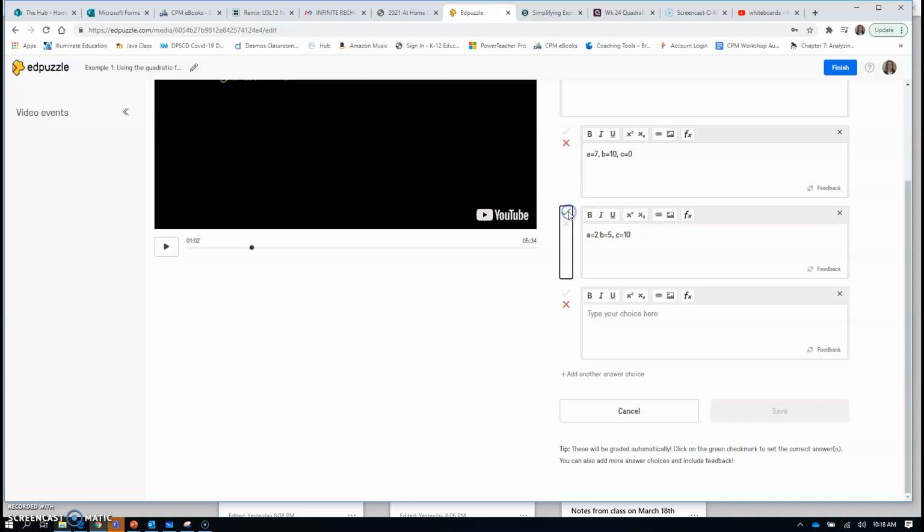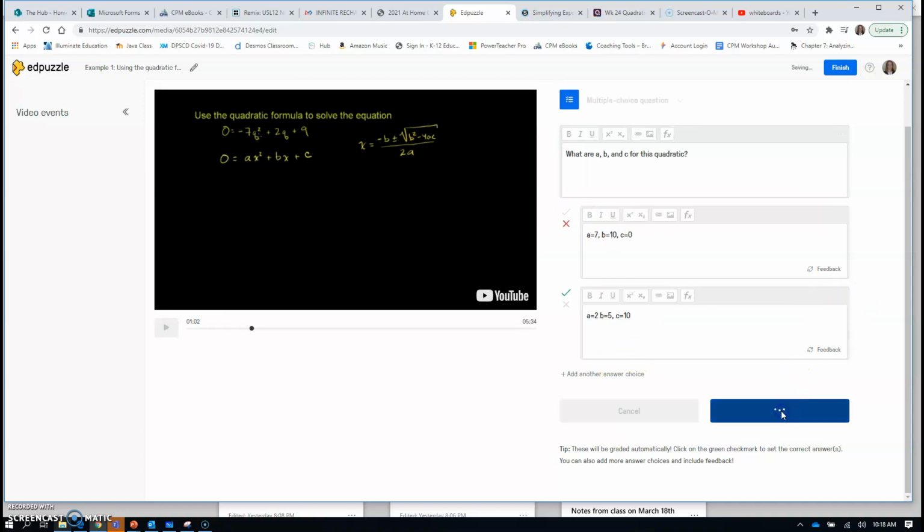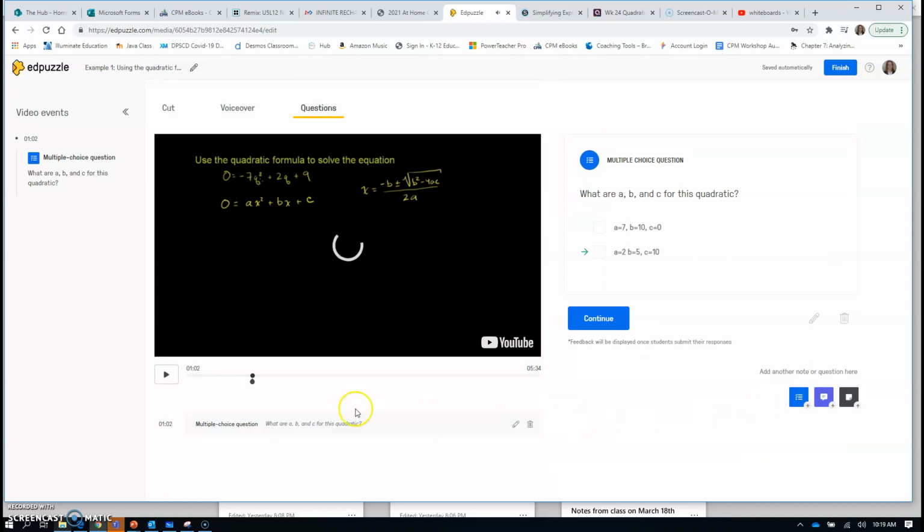Let's say this is the right one. I'm going to give that a check. If I decided I only wanted to do 2, I'm going to hit save. And it's going to then force the students to stop at that point, answer the question, and then move on. And you can do this as many times, cut as many times as you want throughout here, or add those